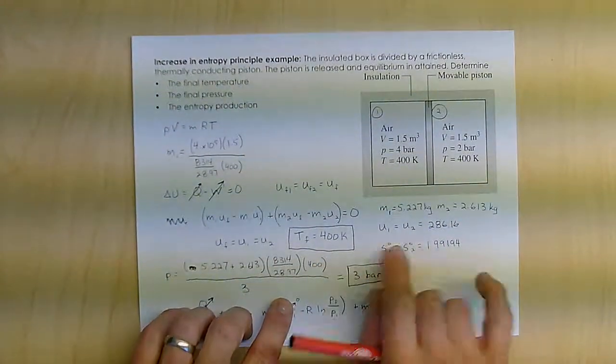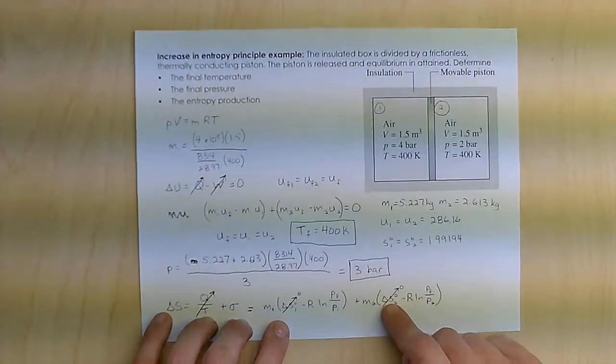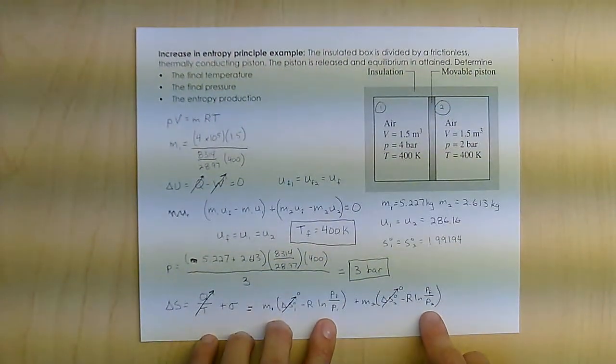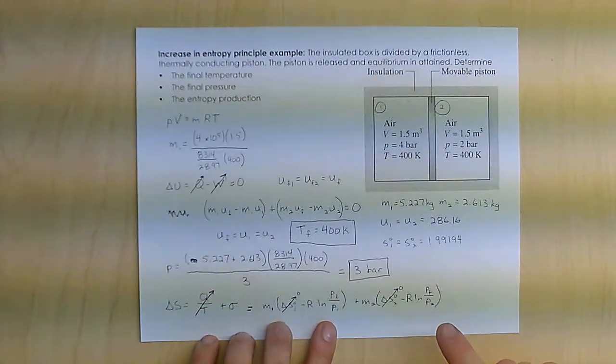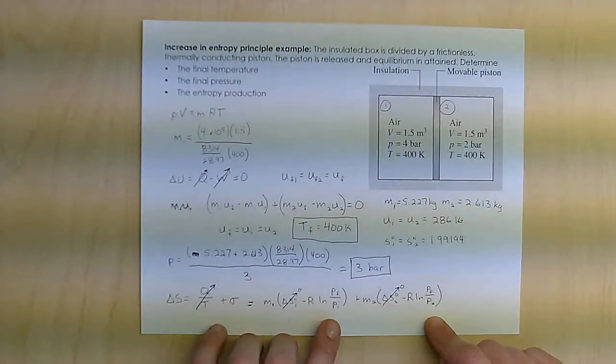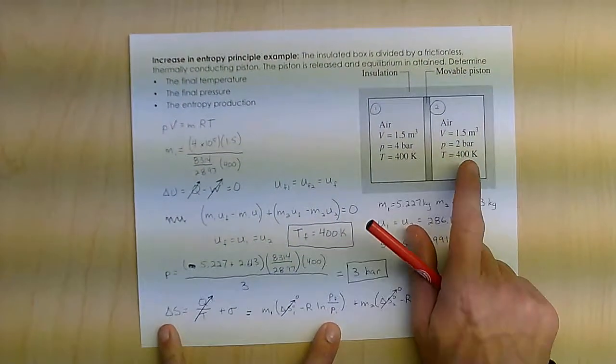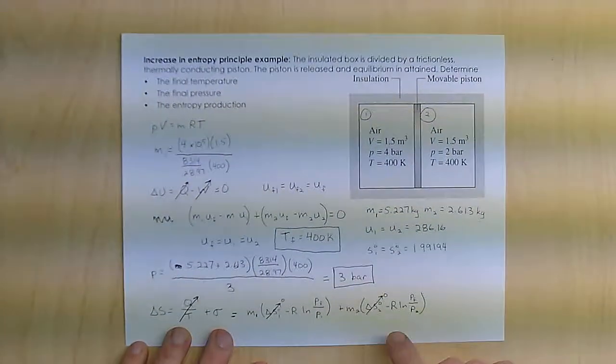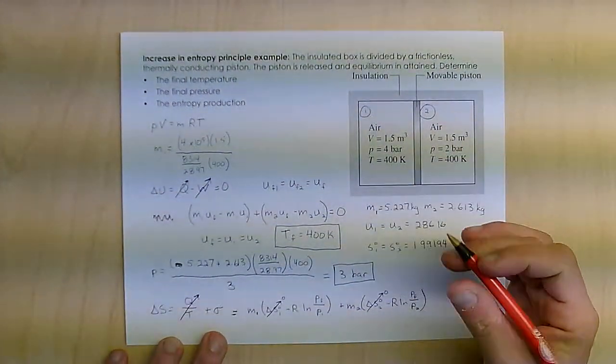So the change in those s naught values are the same. Now, there is a change in the pressure here, so I need to take that into account, because this one goes from 4 to 3, this one goes from 2 to 3. So plugging in those values, I get